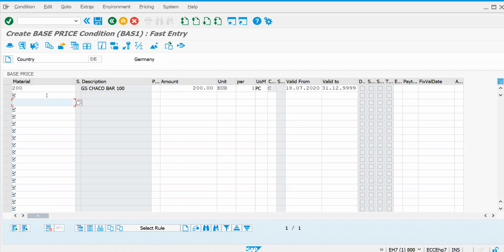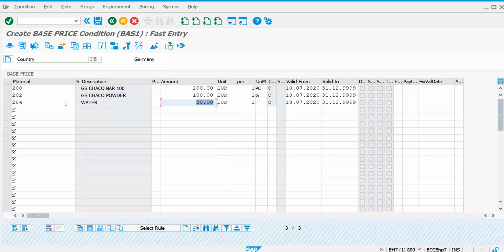For this, 202 is the choco powder that is used for 50 euros. Maybe you can put it for 100 euros. Your 284, for our understandability, I'm just trying to reprice everything. So when you say 284, I can say another 50 euros, and for that water